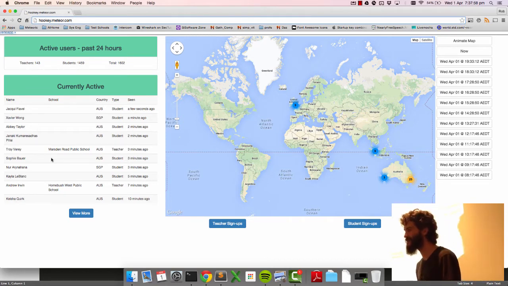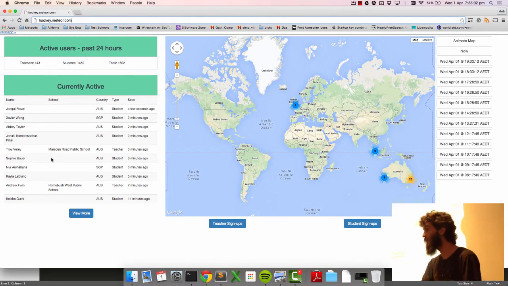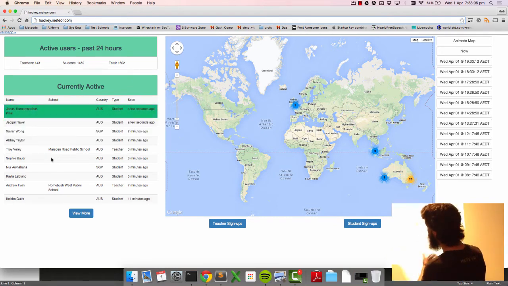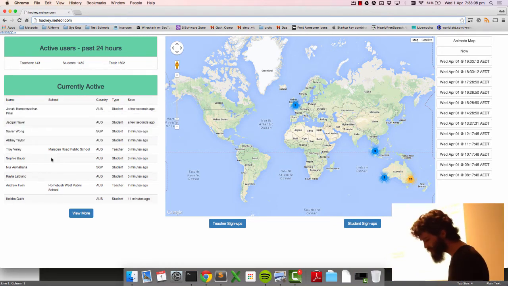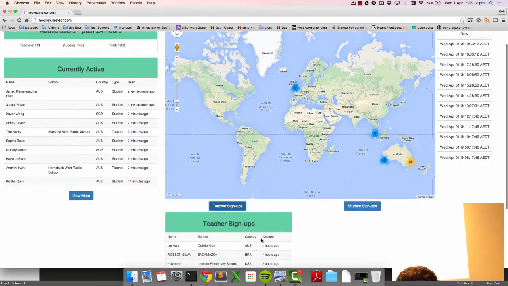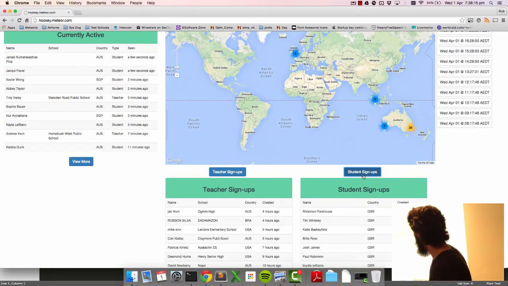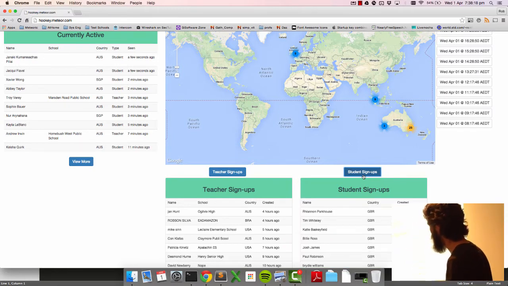Basically, Intercom has webhooks. So every time a user signs up, it can shoot off a webhook to another URL, which I've set up here to capture. That's where we've got these teacher signups, and if someone was actually signing up, these would come through in real time, and then it's just ticking along, letting us know when